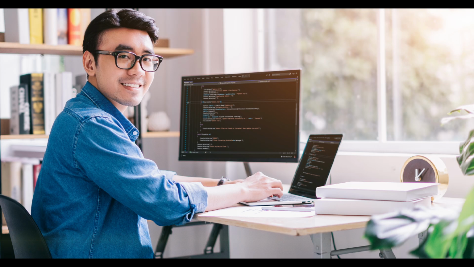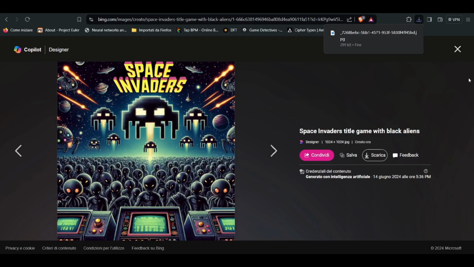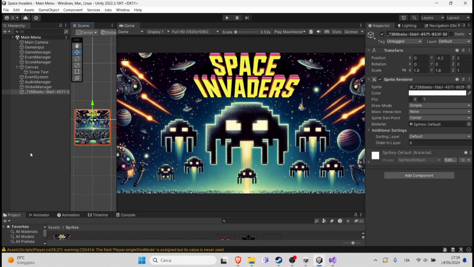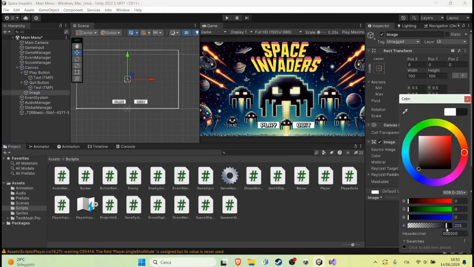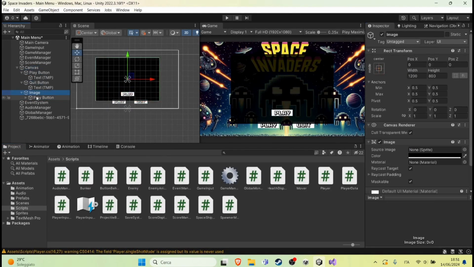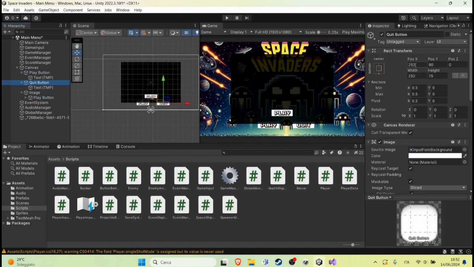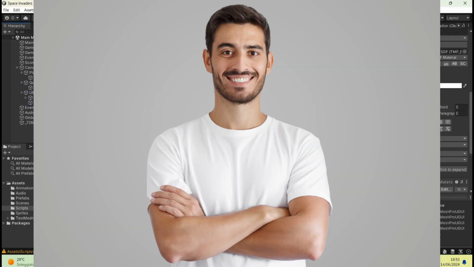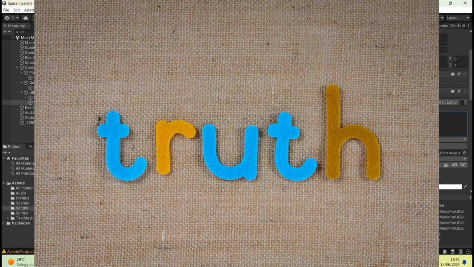Trust me. Now it was time to do the main menu, so I have opened the Bing AI image generator and imported this image. Then, I have created all the buttons to navigate the game, giving also a little bit of a plot. You are a guy sent by his commander to find the truth, but then you were attacked